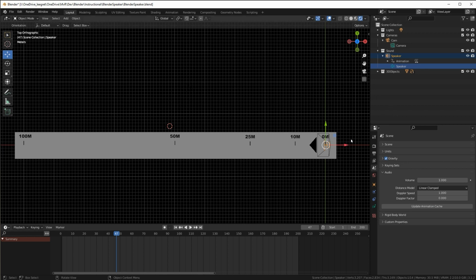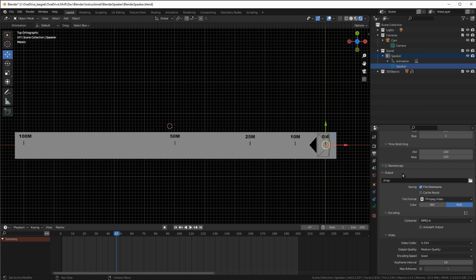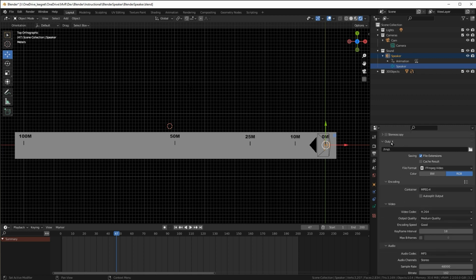But there's one final setting in relation to if you had some sound in your animation and you rendered it: unless you tell Blender to include that sound in your render output, it won't. Okay, so we'll cover that setting next. We want to go into the output settings, which is this icon here that looks like a little printer printing out an image. And if we scroll down here to the output settings,